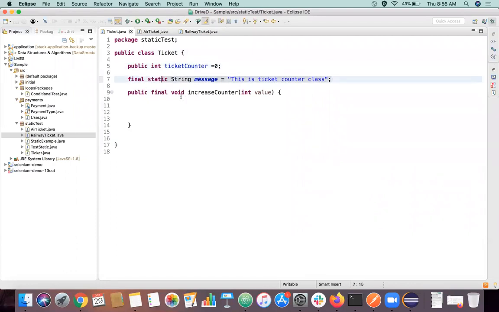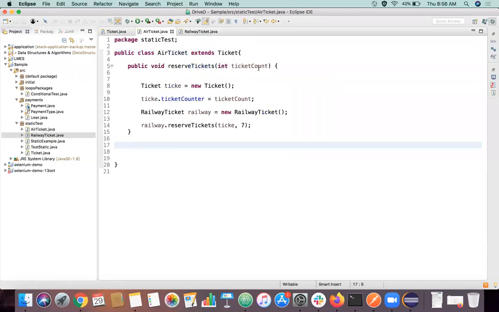And we saw what a final method is. Once the method is final, it cannot be overridden. And we saw what a final class is. Once the class is final, we cannot extend it. Right. I think we can wrap up this class with these topics today.